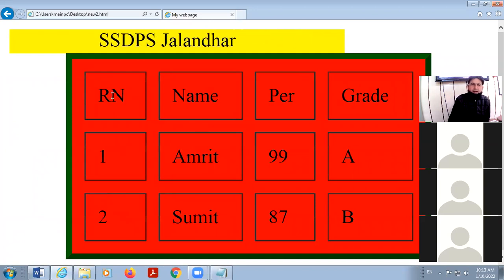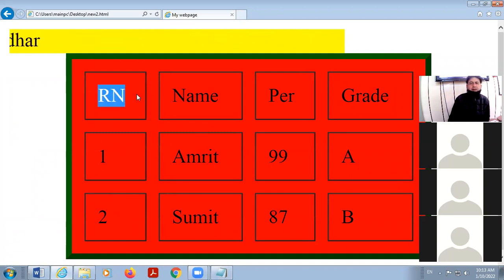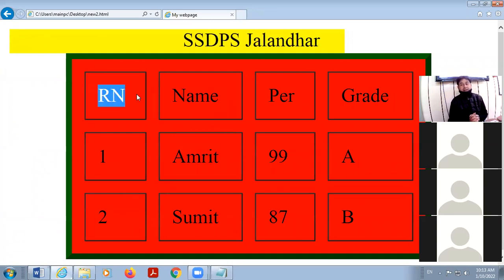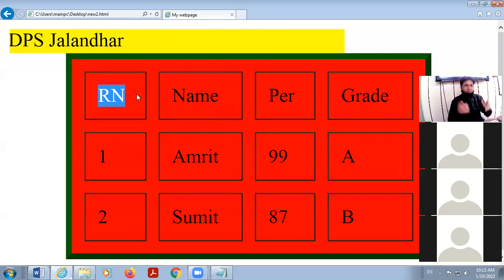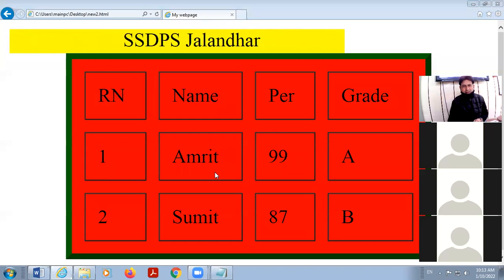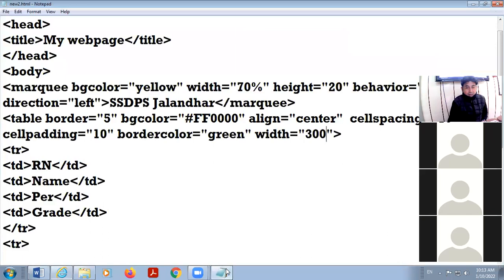Now, if I want to make my first cell a header, you know that header is a little bit bold or center aligned. Okay, so in that case, wherever you have used TD, in place of that TD you have to use TH, table header. Suppose I want to make first row as a header, so row number, name, percentage and grade. In place of TD, take TH, table head.